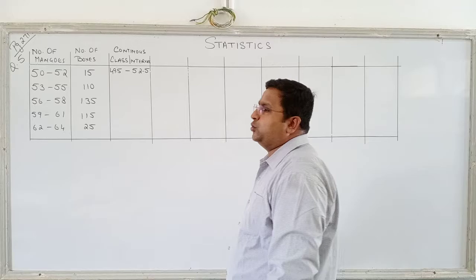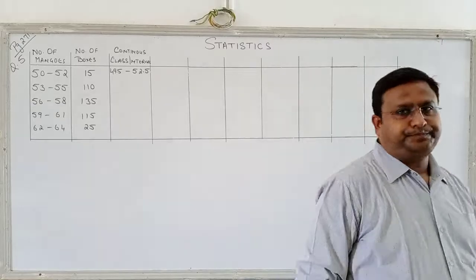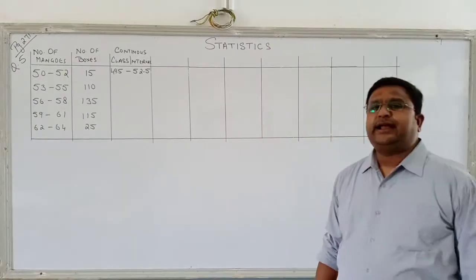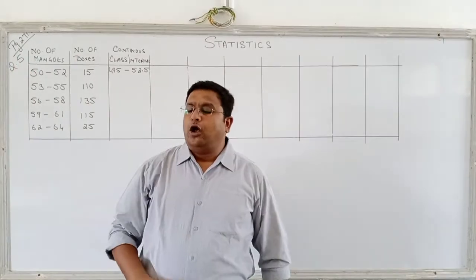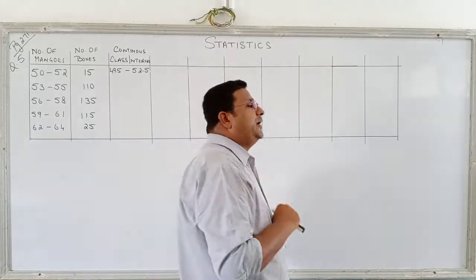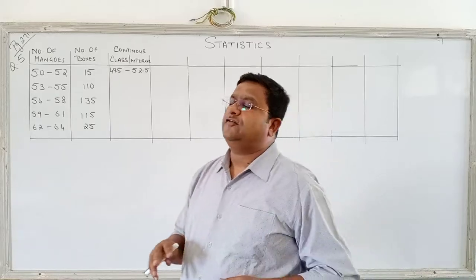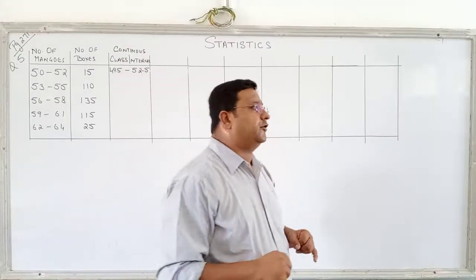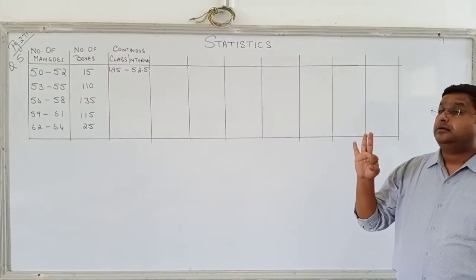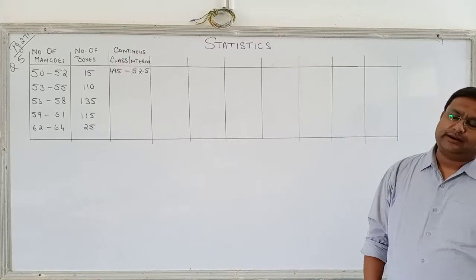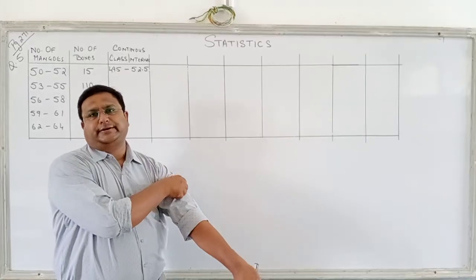Your exercise 14.1 on page numbers 270, 271 and 272 is based on mean. I have selected one question, from page number 271, question number 5. You can do all the questions other than question number 3, which we will do afterwards because it has a missing frequency. Here we are going to discuss calculation of mean by all three methods. Three methods are there for calculating mean. First, direct method. Second, assumed mean. And third, step deviation method. In exam, they can ask you by any method.